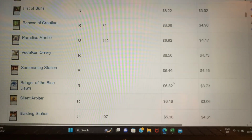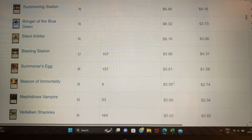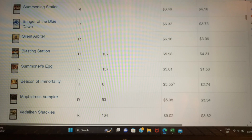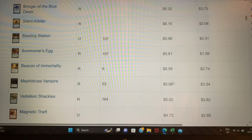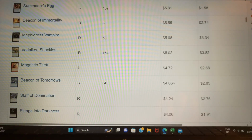I guess just the station. The Beacons might even get caught. I don't know. I wouldn't think they'd really need to, because it's only really the Beacon of Creation and Beacon of Immortality that are worth anything, I think. Well, I guess Beacon of Tomorrows is still something, but